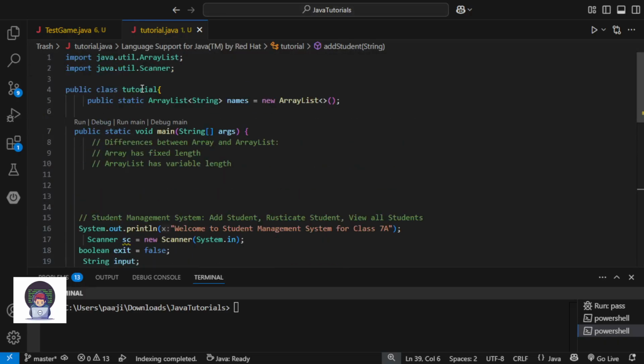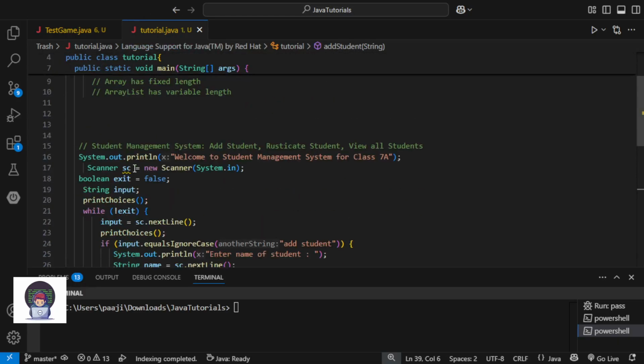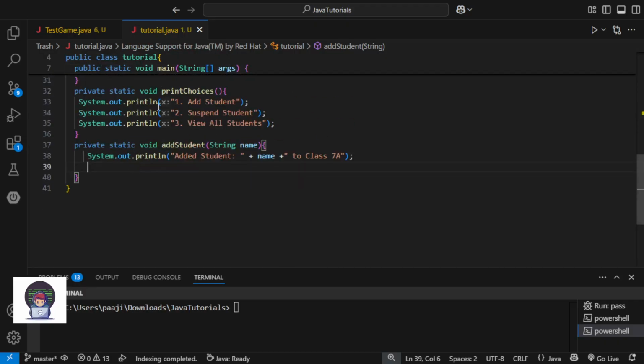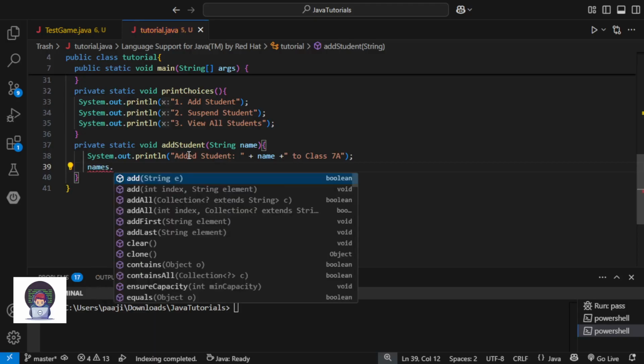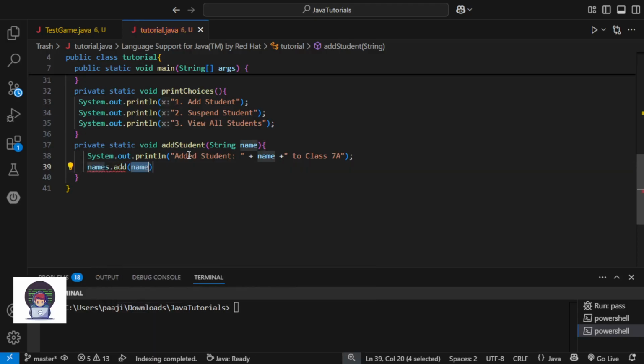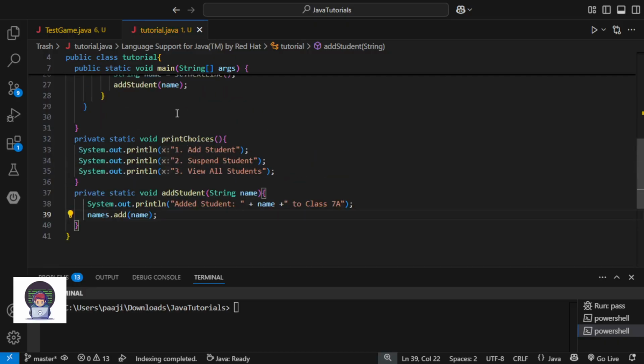If I did it without the public static and inside this main, you wouldn't be able to access it inside the functions. So we will do names dot add. What will we add? We will add the name that we entered. Okay, so now let's do this.